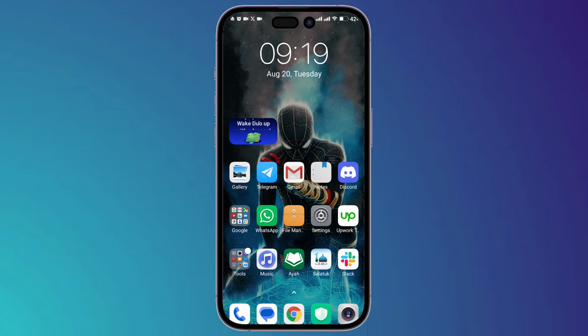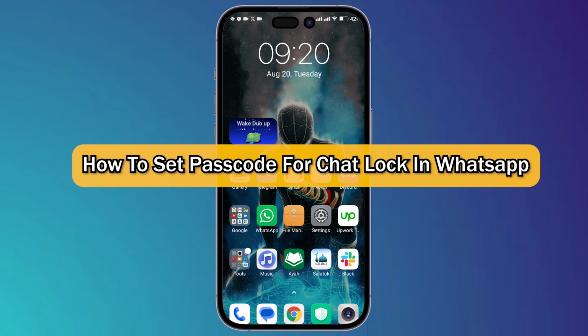What's up guys, I'm Zain and today I'm going to show you how to set a passcode for chat lock and